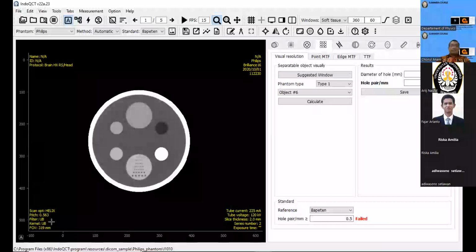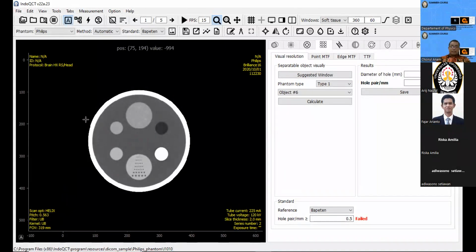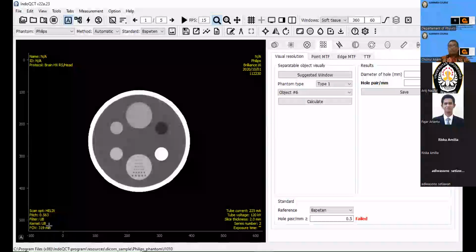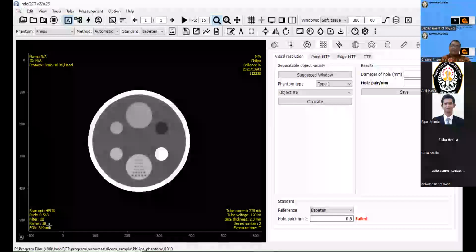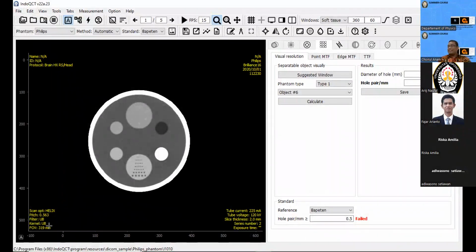If the field of view is decreased, maybe to 200, maybe the spatial resolution will be more than 0.5. Maybe, but we are not sure, because we can only set it before we get the image like that.